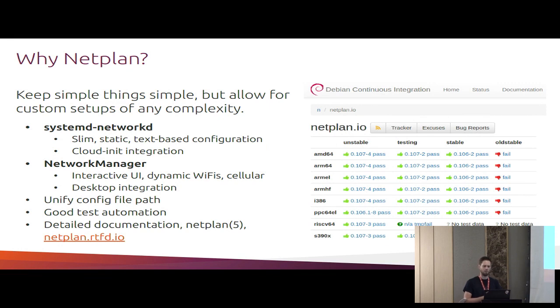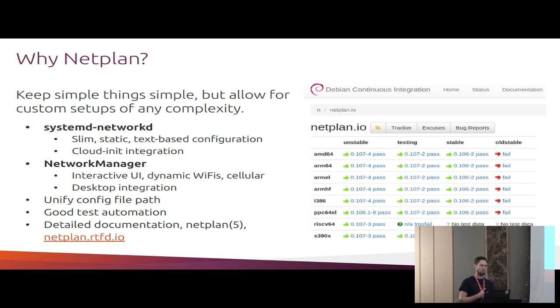And we found that systemd networkd is best suited for server and cloud workloads. It's a very slim daemon that comes pre-installed with systemd, so it's basically available on most modern Debian systems that are systemd enabled.